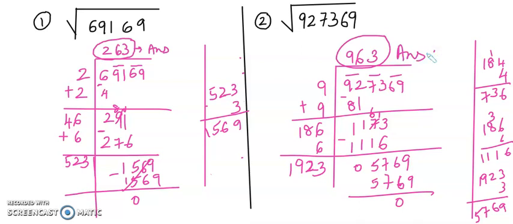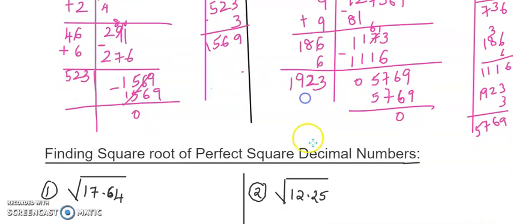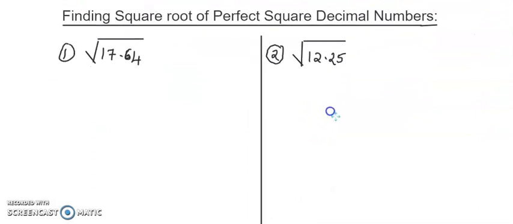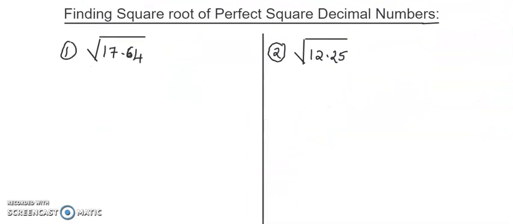So this is how we did the long division method. Now I'm using the long division method to find the square root of perfect squares of decimals. So a little bit change in the rule of how we are pairing the numbers. So there is a decimal place, right? That means when we are pairing it, this is the rule you have to follow. So let me quickly show it.